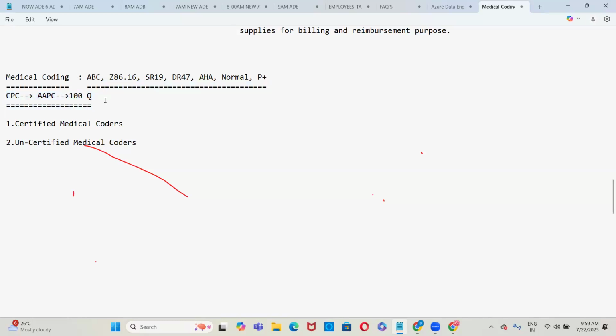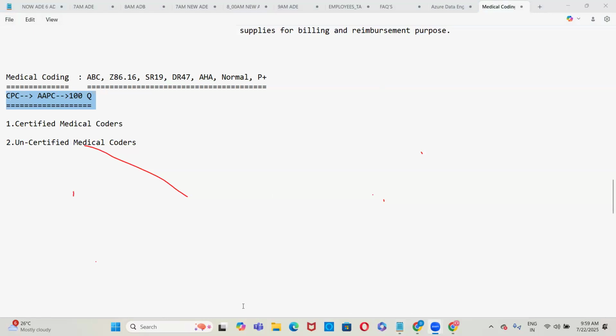That's not an issue. Getting a certification is a very mandatory and essential part. Without certification, you'll be paid very little. If a certified medical coder is earning 50,000 per month, an uncertified one will get only 20,000, and that too not in permanent roles. If you want a permanent role in a corporate, you must have a certification. In fact, nowadays they are not hiring people without the AAPC certification.